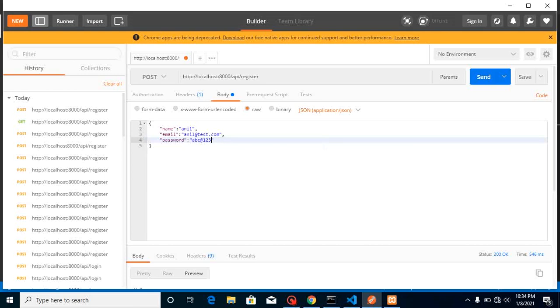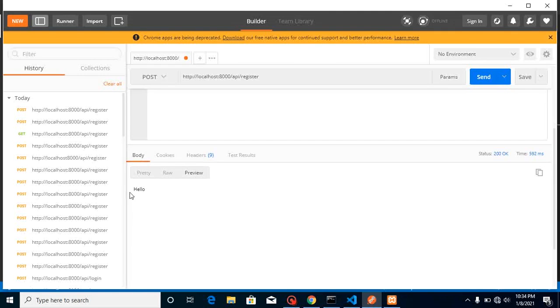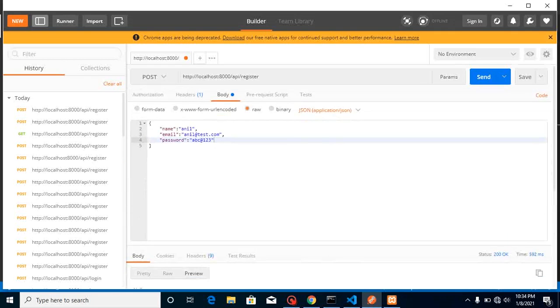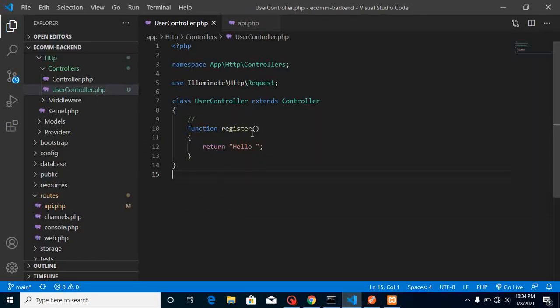The reason being, maybe we will create many users, or we might forget the password. Yes, we will create a forget password option also, but for the moment our password will be encrypted in the database and we cannot find it. That's why I will put the same password for all users. Okay, now you can see that we are still getting hello, because we are not trying to retrieve this data here. So just write here